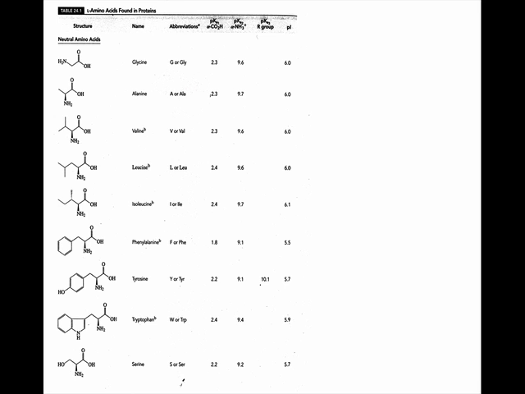And I put that in air quotes because you've probably learned there's 20 natural amino acids. There's actually more than that. Technically, it's natural if it appears in nature, right? But we're going to talk about what I call the 20 proteinogenic amino acids, the ones that we quite commonly find in proteins.